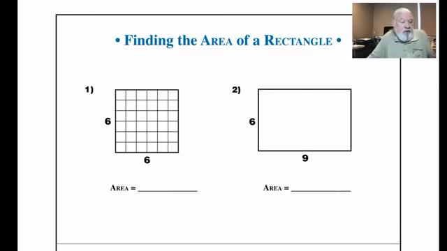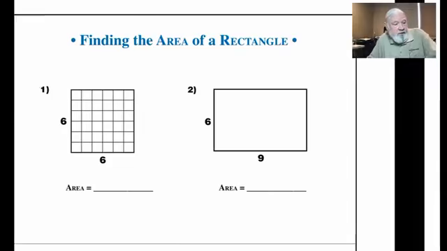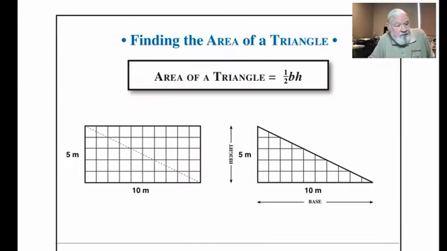So rectangles, of all the shapes we're going to be dealing with, are probably the most straightforward thing that we have. Let's go on and take a look now at a close relative of the rectangle, and that is a triangle. And it turns out that every rectangle, as I've shown here on the left side, can be cut in half to make a triangle. And depending on the shape of the triangle, the beginning is a little different, but the point is a triangle essentially is half of a rectangle.